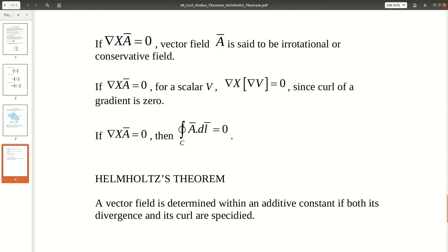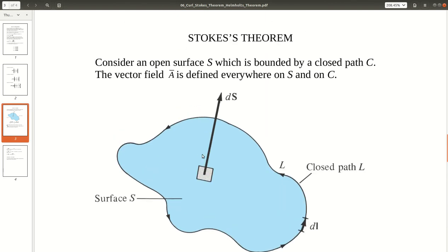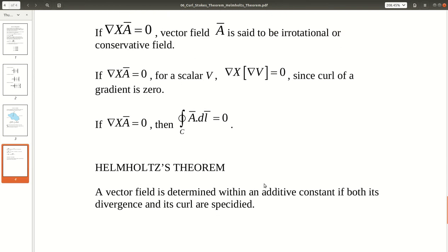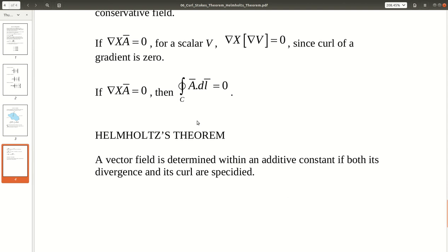If you take the closed loop integral of the length of the line, the closed path around the surface, it is 0. Okay, it's meaningful because you take a length around the point, so the length is 0. So you don't have any area to calculate. Okay, now